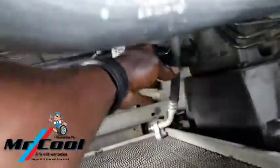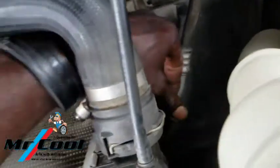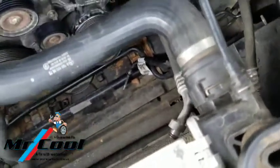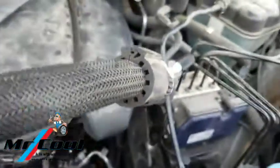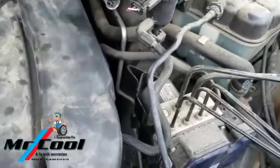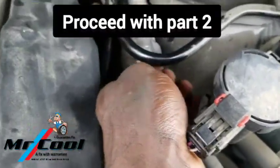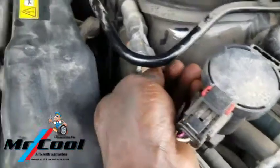Now, while you're trying to unhook this from the condenser, the discharge that comes from the compressor to the condenser is secured by a 10 millimeter bolt, which you can see right there. When you loosen it, leave it right there so that you don't misplace it. Even if you misplace it, it's just a normal 10 millimeter. Another one you want to loosen is the suction. After that, I'm going to take this piece by piece so that the video isn't too long. The next one is the suction line, which is secured by a 10 millimeter bolt. When I say rebuild, we're going to be flushing the entire system because it's completely